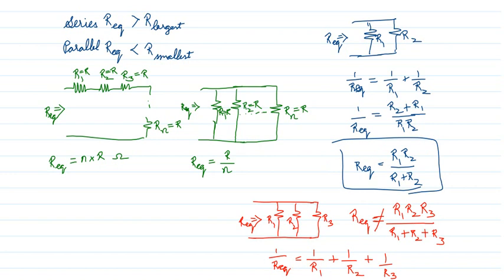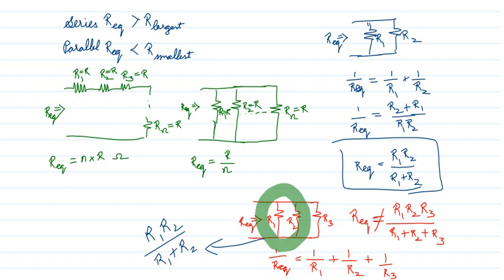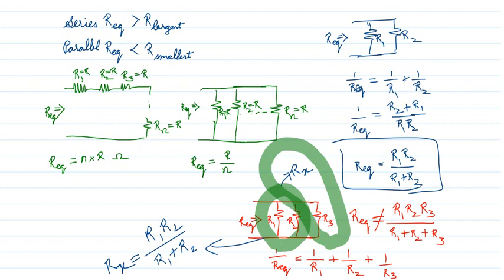Or else another technique we can have is to first solve these two. These two are in parallel, no? So solve this. What will be the equivalent? When two resistors are in parallel, I can multiply their values and divide by R1 plus R2. Let me say this value equals Rx. Now if you observe, this Rx and R3 are in parallel, because Rx is the equivalent of these two. So what can I do? R equivalent is equal to Rx into R3 divided by Rx plus R3.